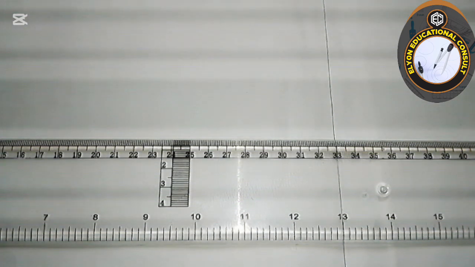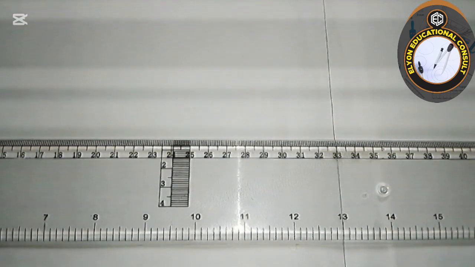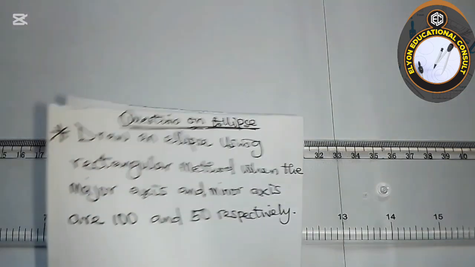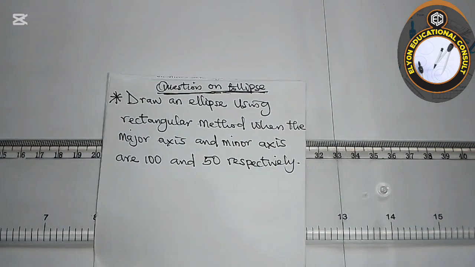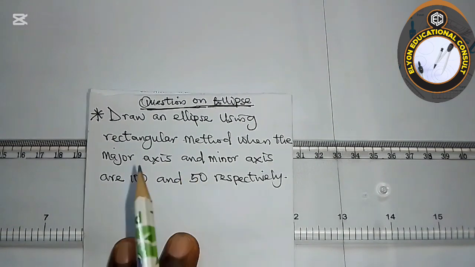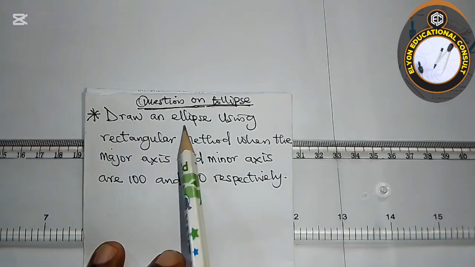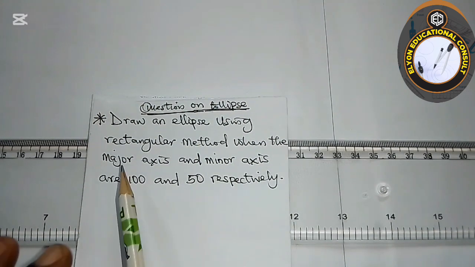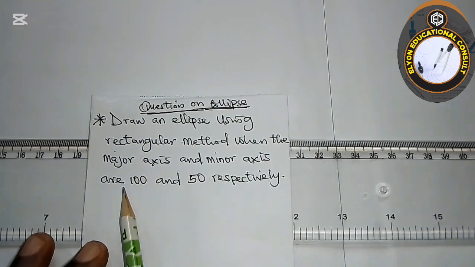In this video I'll be working on ellipse. I'll be drawing ellipse, and we have a question. The question we are going to be working on is this. The question says we should draw an ellipse using rectangular method when the major axis and minor axis are 100